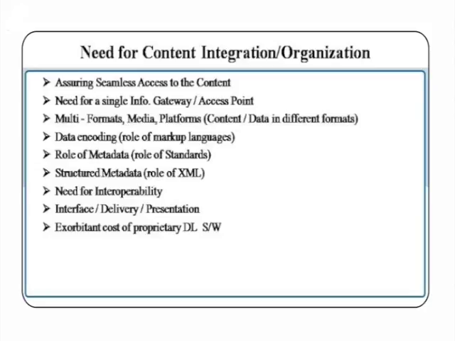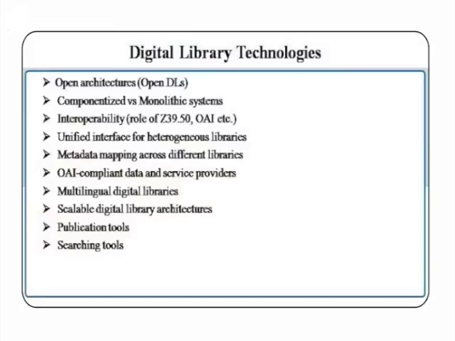So from one organization to a second organization, if you want to share data, there should be a standard to be followed. So interface, delivery, and presentation. These are some of the important features of digital library software. So in terms of technology for digital libraries,